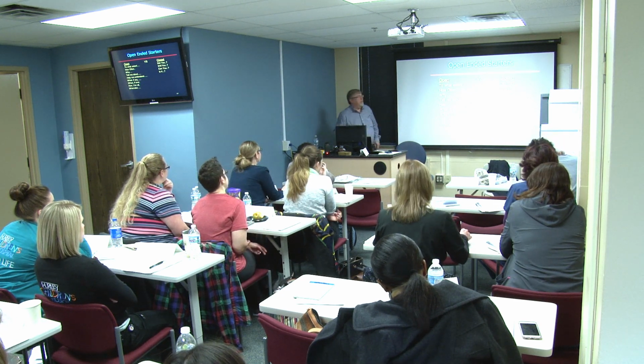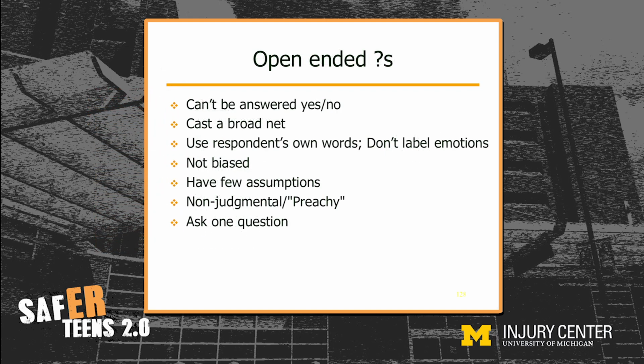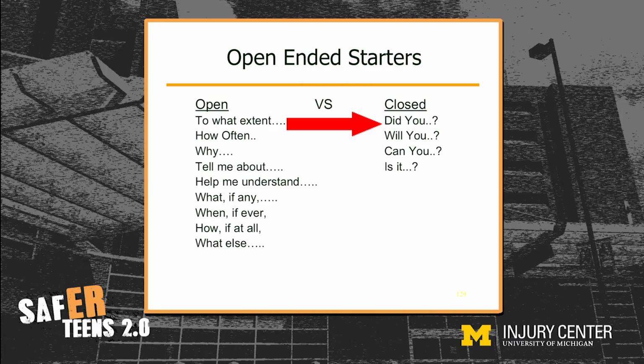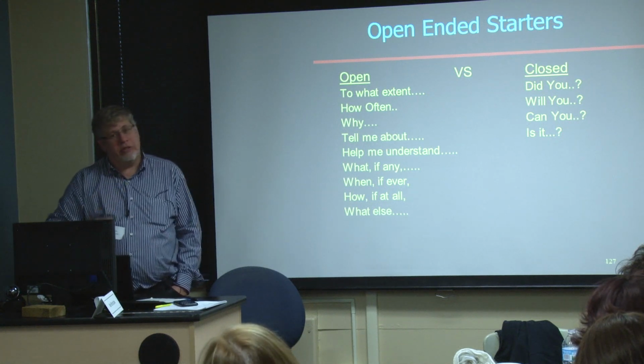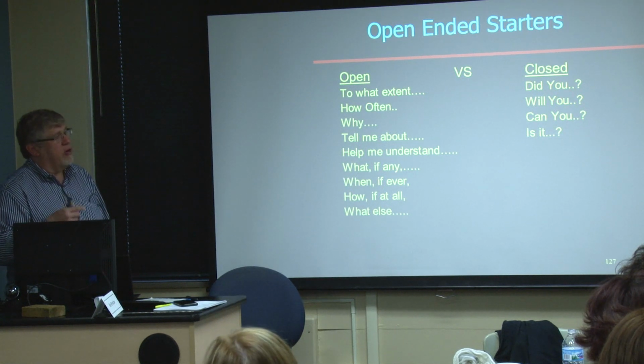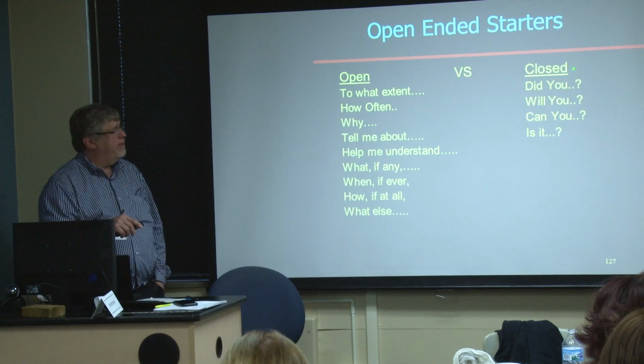So in very simple terms, closed questions tend to start with these types of words: did you, will you, can it, is it? And open questions tend to be seeking elaboration. Closed questions are structured to elicit a yes-no answer. It turns out that most closed questions actually do not elicit only yes-no. They do elicit some of the story, but open questions elicit more of the story. A closed question does push the person towards yes-no, and often they disobey that subtle message and they do elaborate. But nonetheless, if our goal is to get the person's story as fast and accurate as possible, open-ended trumps closed-ended.